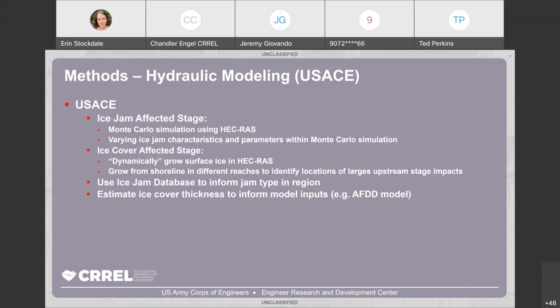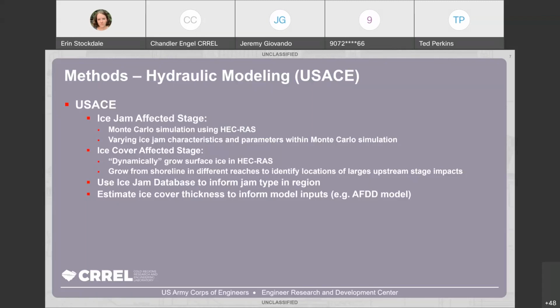When we say dynamically grow, we mean what happens when the ice grows from the shoreline toward the middle of the river, so your percent coverage of your total river channel changes, as well as the distribution from upstream to downstream in the reaches that you might consider important. That's something I'll show here in just a second, a study that we completed a couple years ago. When doing this, we would also look at the ice jam database, because this is going to give us information about